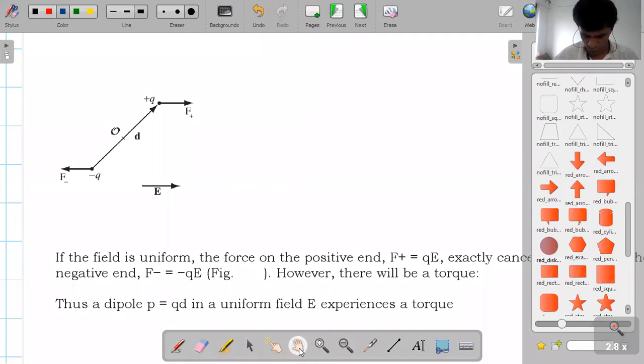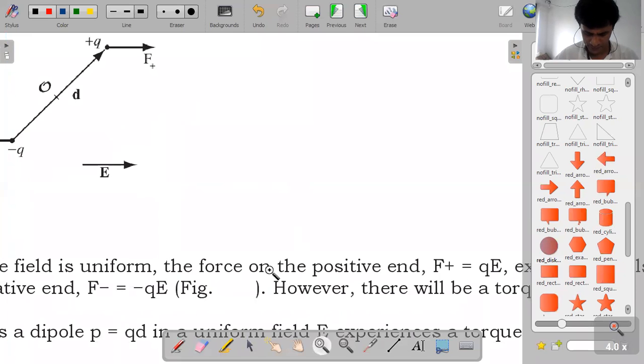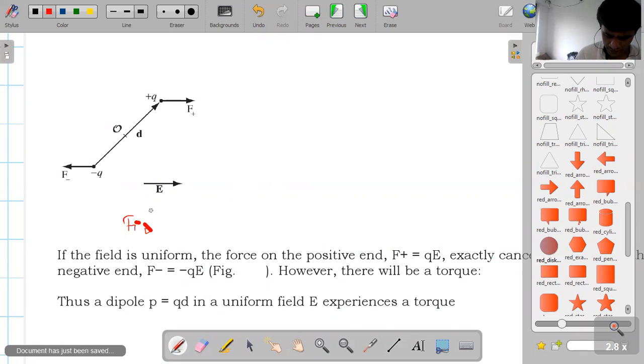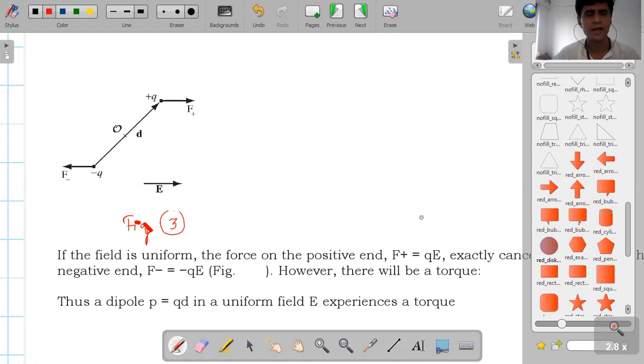Next point is, suppose here I will take one more case. I will write here figure. Okay, see, dear student, I will take two cases for the field: if the field is uniform, as well as if the field is non-uniform. Understood? Can I proceed to the next point? Yes, sir.